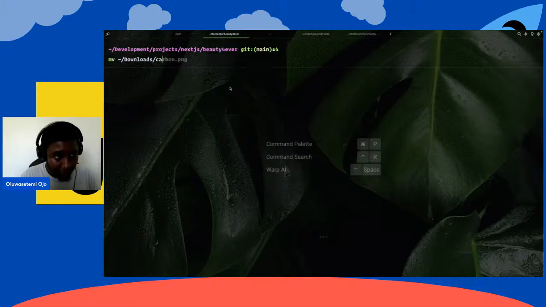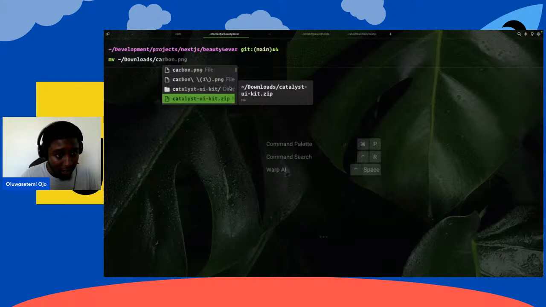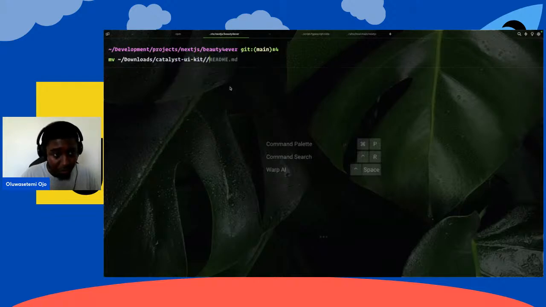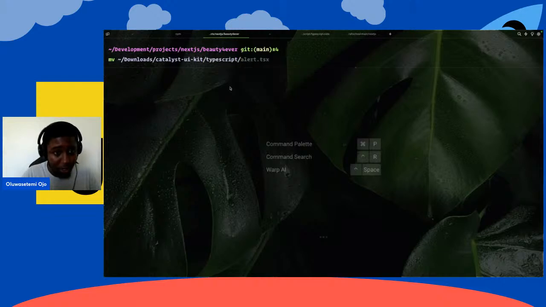And I think I have Catalyst UI kit, and we should have TypeScript and everything inside here, right? Move everything that is inside. Is it move or copy? Let's just do a copy. Copy everything inside there